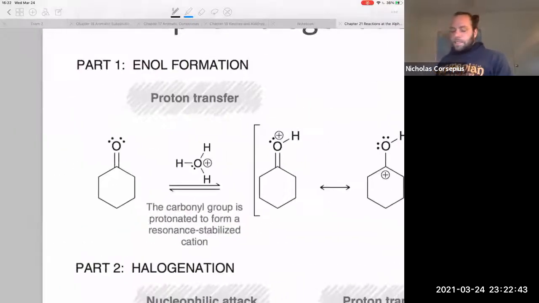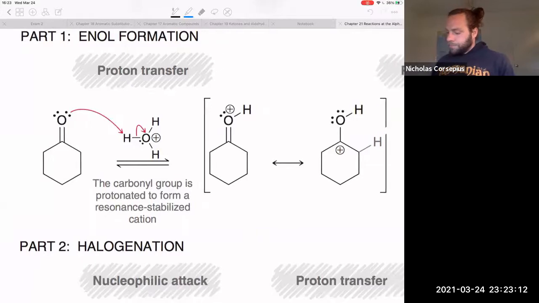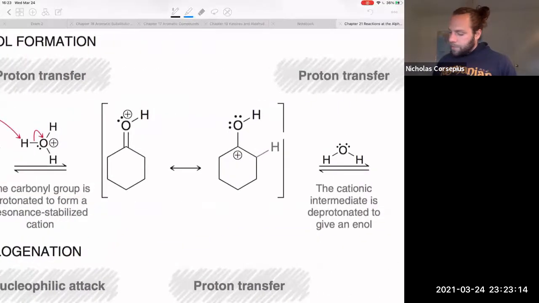So under acidic conditions, the reactive species in all of these reactions is either going to be the enol or the enolate. Under acidic conditions, it's going to be the enol, and under basic conditions, it's going to be the enolate. But let's remember that we can do the reaction mechanism for the enol formation under acidic conditions. What's the first step? Protonation of that carbonyl oxygen. This creates our enol,